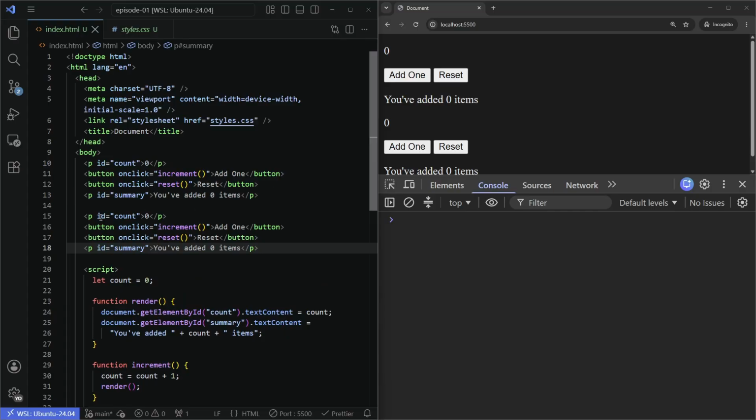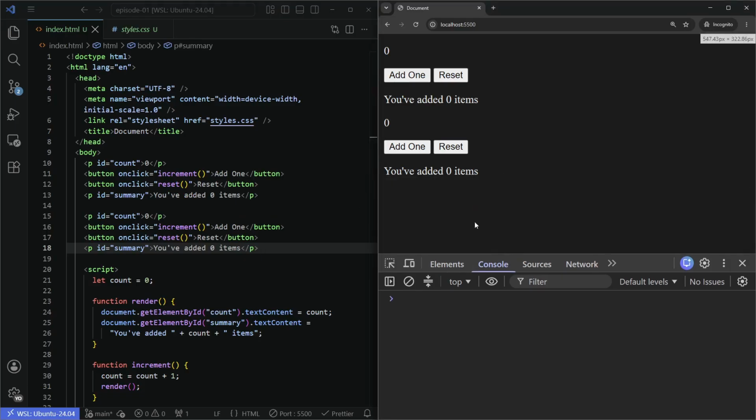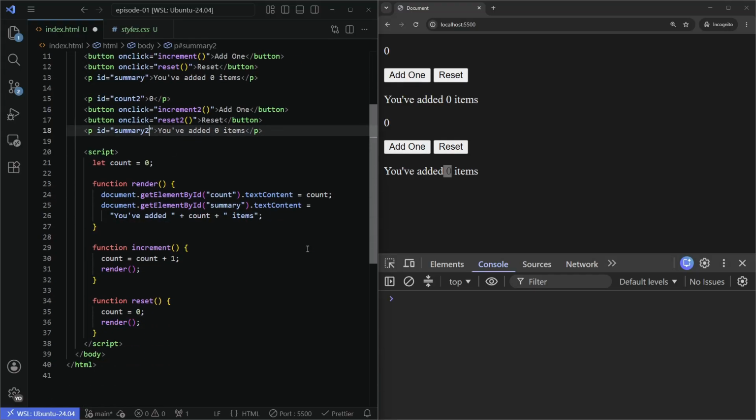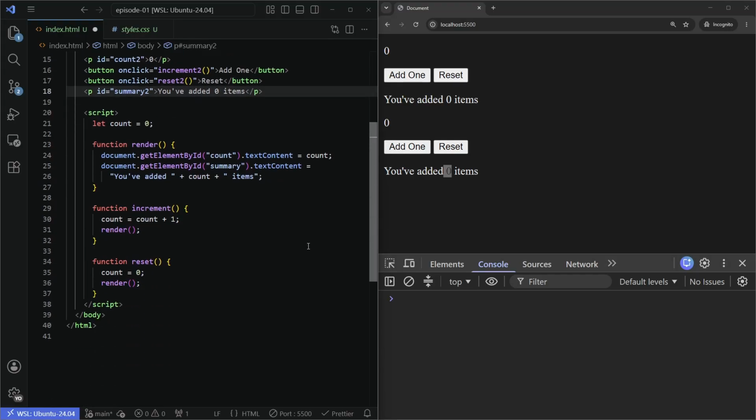But now we have a problem because IDs are supposed to be unique. Even though this saved, if I add one, it just does it to the first one it finds. This one, and this does not. So let's fix it. So now we need count ID, count to, increment to, reset to, summary to. And then we need to paste